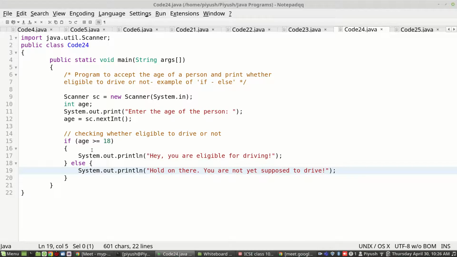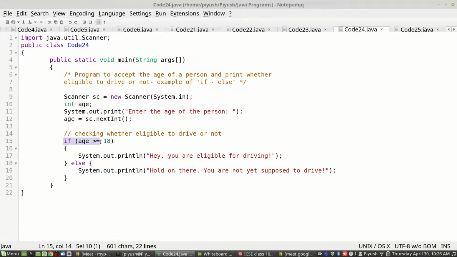But remember one thing: if and only if the condition is false, then only it will go into the else block. If the condition is true, it won't even look into this else block. It will directly execute the if block, skip the else block and go ahead with the program execution. Okay, so this is a sequential structure.